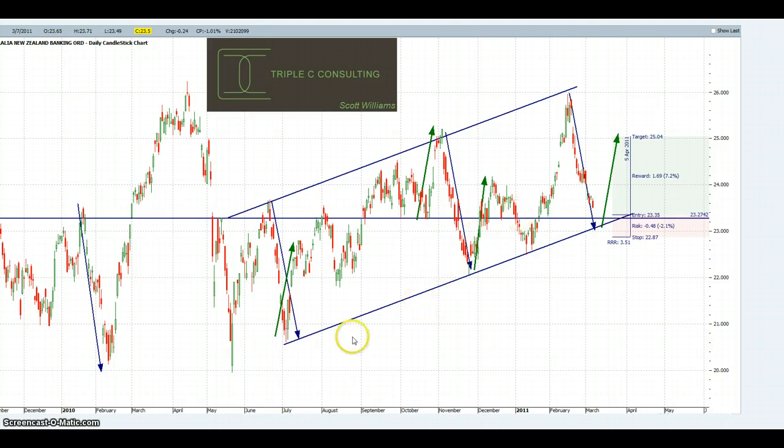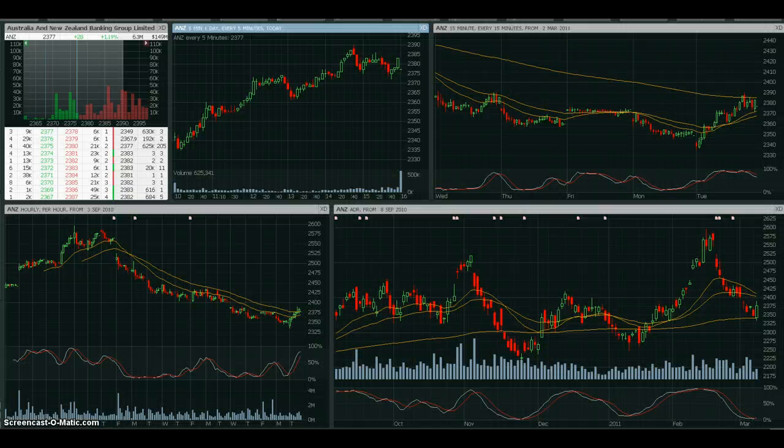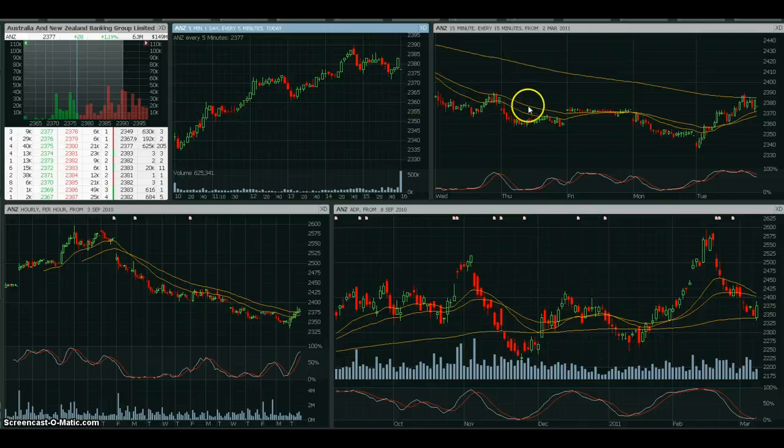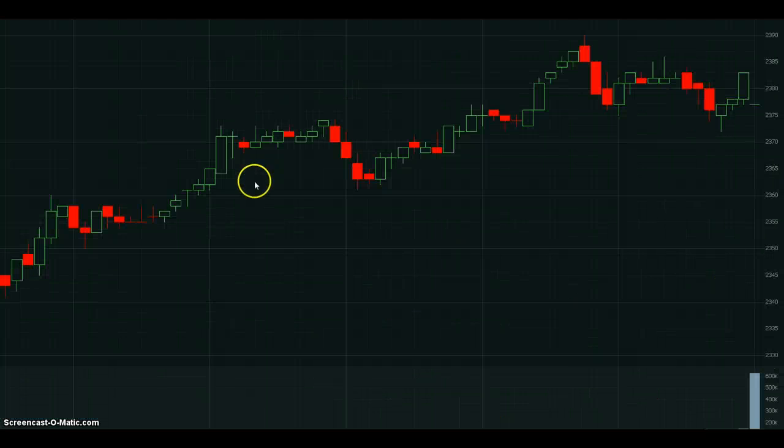So I'll just focus now on today's action and run you through what the openers rule actually is. The openers rule basically suggests, and I'll just show you, this is the depth, 5-minute chart, 15-minute chart, 1-hour chart, and a daily chart. So we can see ANZ has dropped down quite substantially, almost from $26 down to now $23.35. So I'll just zoom in here on a 5-minute chart for you. Basically,